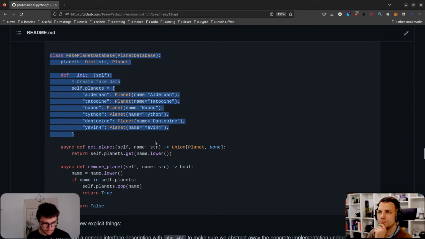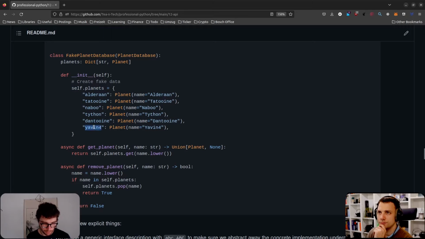Here what I do is I instantiate a fake database with multiple planets, just so that you know. You see it's just a key-value dictionary, which would usually be like in a database where you have an ID, which is here the name, and then the instance itself, which has the name again. It's a bit without fun, but who cares? I just wanted some kind of database or some data. So that's why it's a fake database.